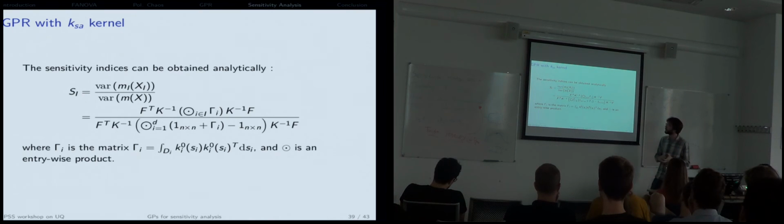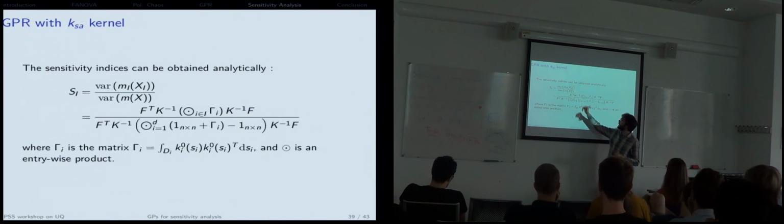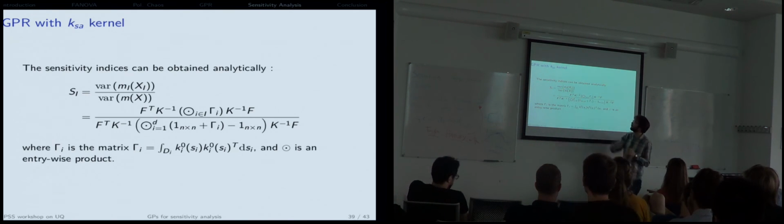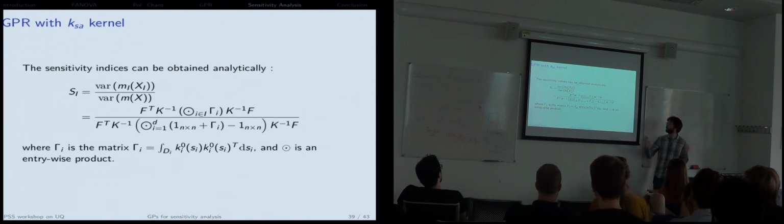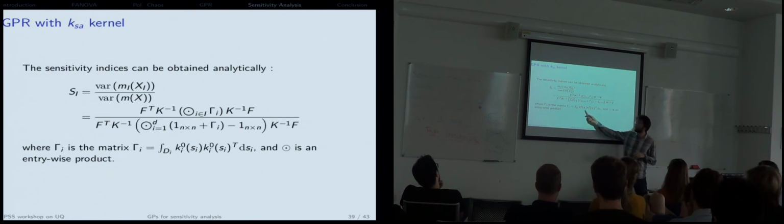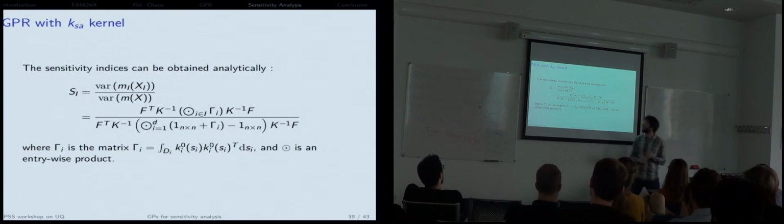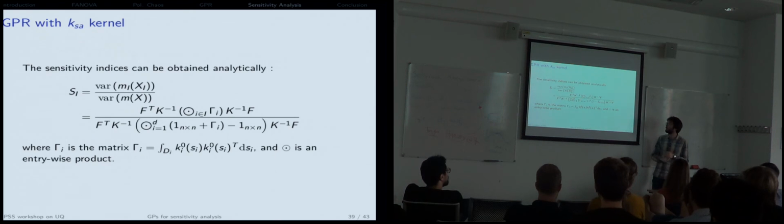For the Gaussian process regression model, we have something very similar. If we take the right covariance function, the one I was talking about, then we have this expression for the sensitivity indices. This is just a product of matrices. We have one more integral to compute compared to what we computed before, but it's a one-dimensional integral, nothing impossible here. So, okay, it looks a bit ugly, but it's just linear algebra,